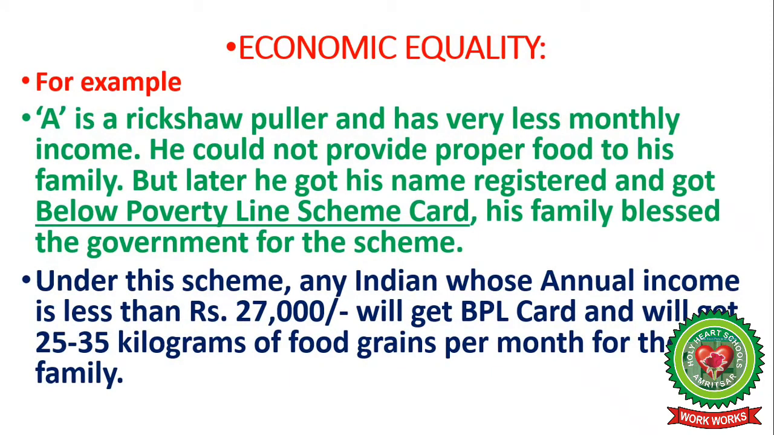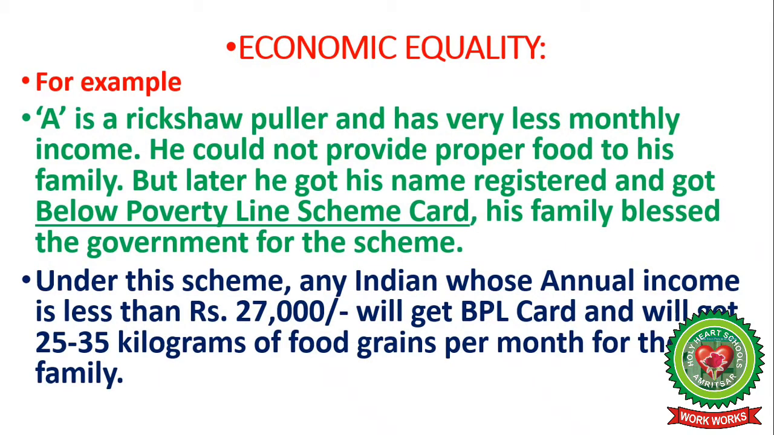The next example of economic equality is, suppose A is a rickshaw puller and he has a very low monthly income. He could not provide proper food to his family, but later he got his name registered and got a below poverty line scheme card, in short a BPL card, and his family blessed the government for the scheme. You know what this scheme is? Under this scheme, any Indian whose annual income is less than rupees 27,000, I am talking annual income, not monthly income,